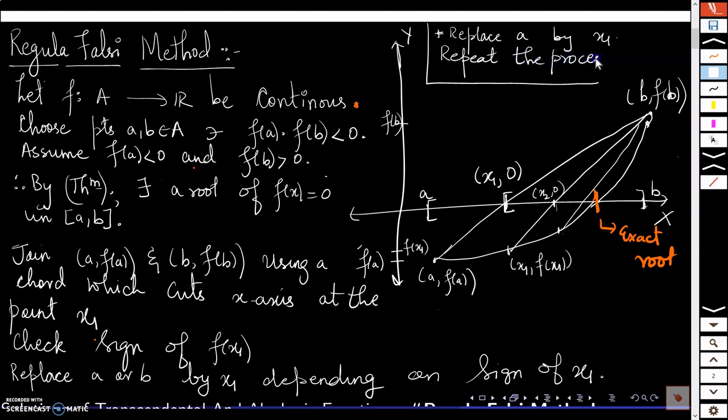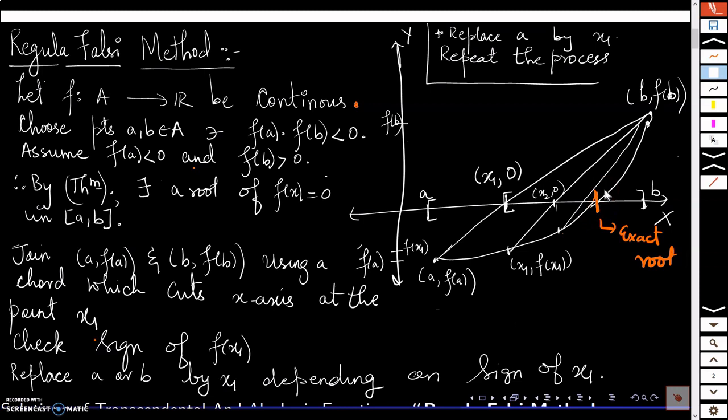Okay, now the only thing is how to compute the first point x1 that we had obtained. That is the question. Now I know both the endpoints of this chord, a comma f of a and b comma f of b. So I can find the equation of this chord by using the 2-point form. I know I have 2 points on the straight line. Using that information, I can find the equation of that line. And then I'm going to drop the point x1 comma 0 in that equation, and I will get the value of x1. Then I will get x2, x3, and these x1s, x2s, x3s are nothing but the approximate roots of this given function.